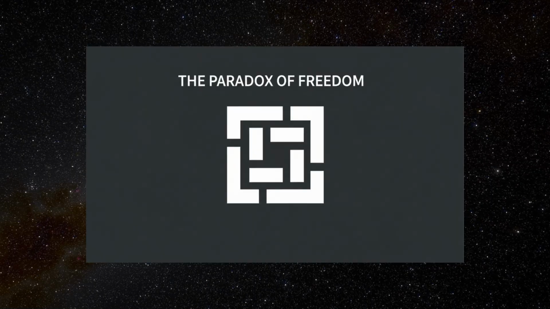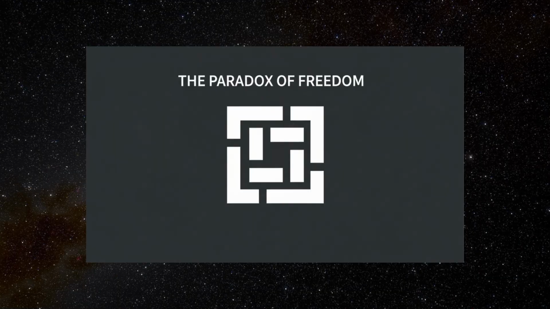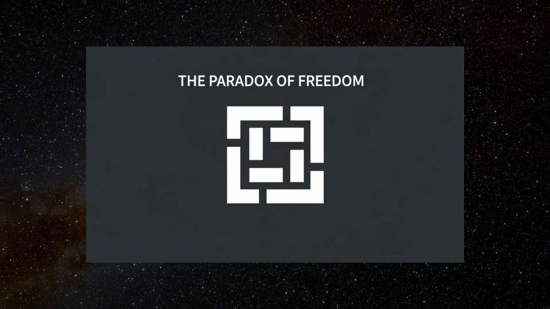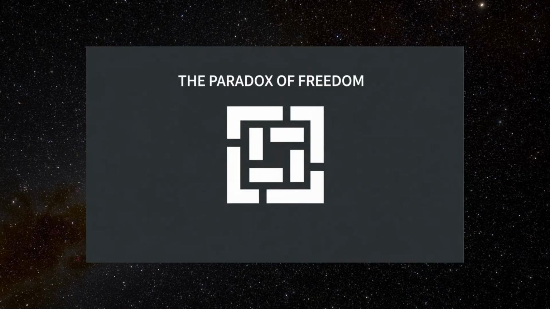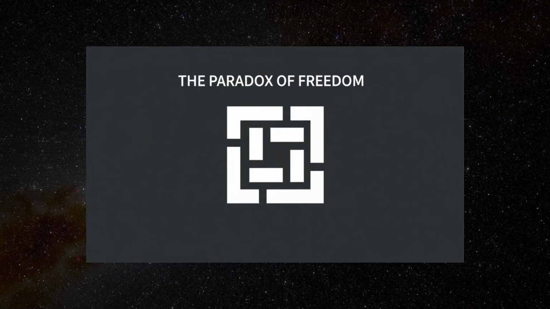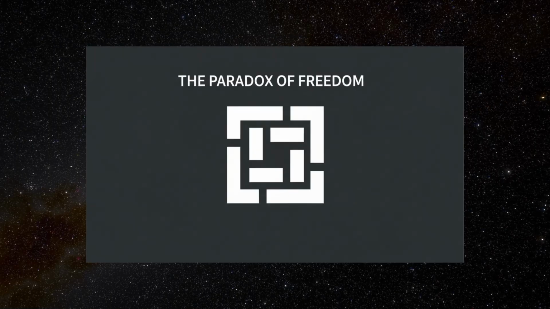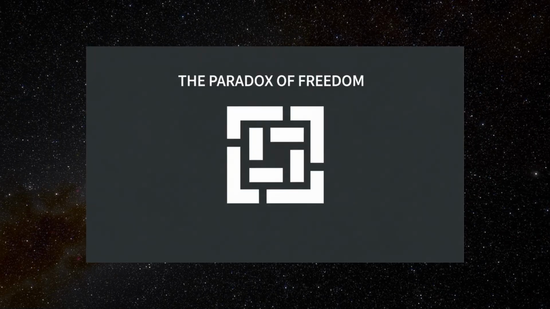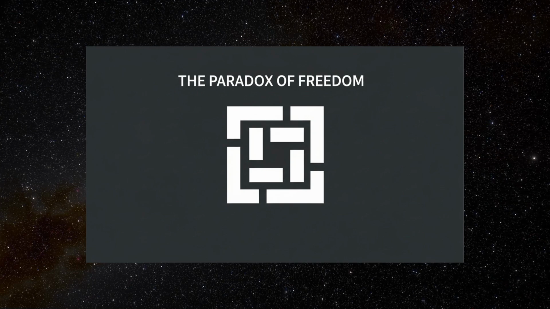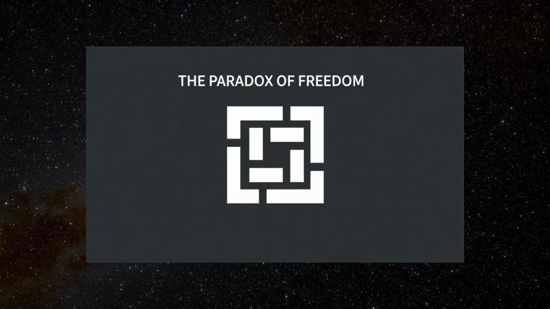The idea can be framed like this: if people are entirely free, then some will inevitably choose to use that freedom to dominate, exploit, or oppress others. In a system of total freedom, nothing inherently prevents a powerful individual or group from suppressing the freedoms of others through coercion, violence, or manipulation. In this way, absolute freedom can lead to its opposite, tyranny or anarchy where only the strongest prevail.